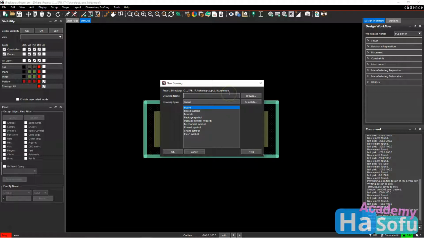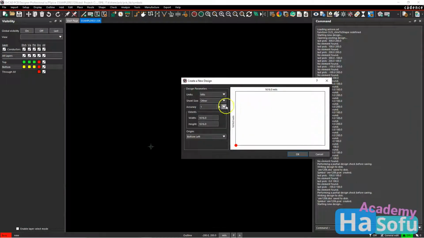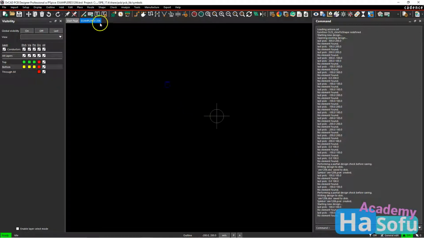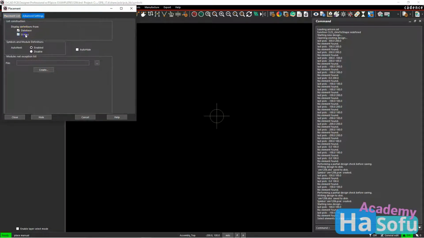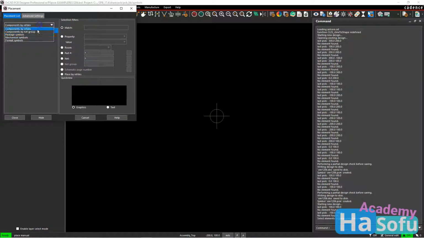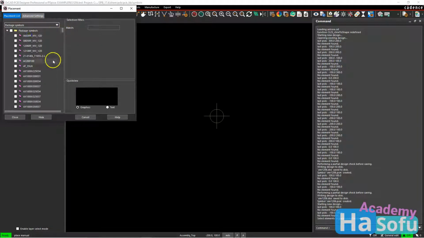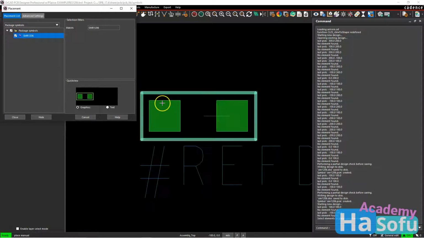The drawing name will just be example RES1206. Hit enter. And then for the origin, I'll place it in the center. Everything else I'll just keep the same. Now I can place components manually, activate my library of default package symbols. Then I'm going to look for RES12. Actually, it's SMR1206. Hit tab, and I'll click to place it